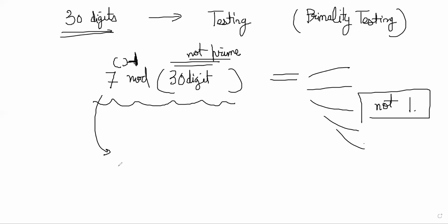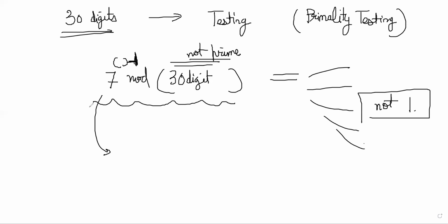If the answer comes out to be 1, it is not necessary that it is always prime, but it is likely that it is prime. That is, the converse of Fermat's theorem is not always true. So it may be likely that it is 1, but it is not always necessary. It may be likely that it is prime. So that is what he's saying towards the end of the chapter.